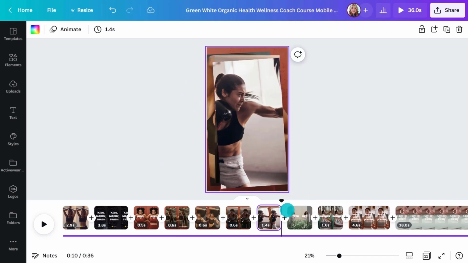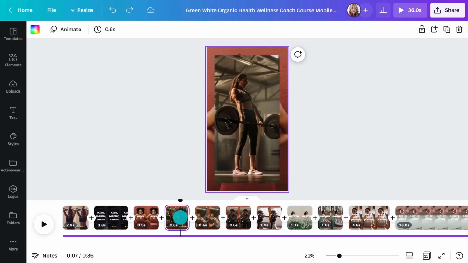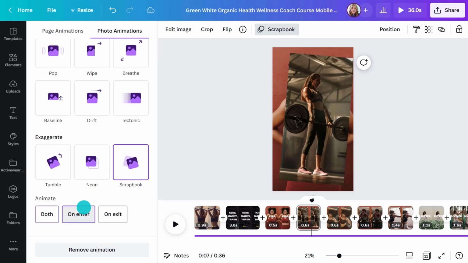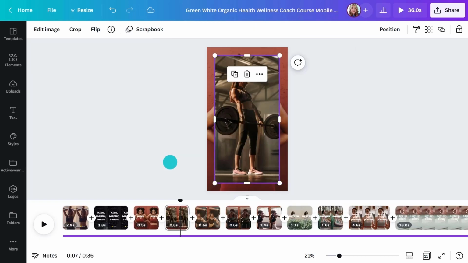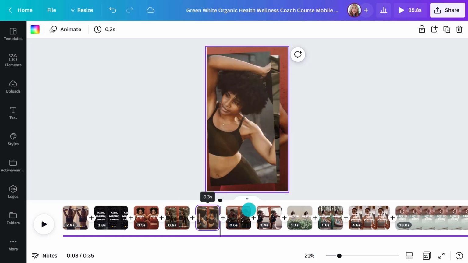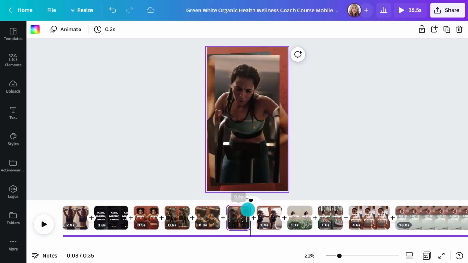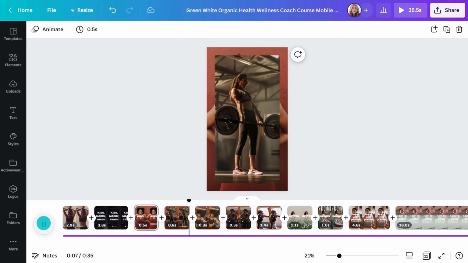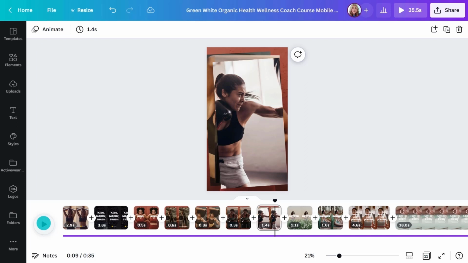And don't forget animation. For this first frame, I feel like something a bit different, like scrapbook. Now I'm going to adjust the timings of these 2 frames to be 0.3 seconds. And then if we play, we should see the effect. To kiss our activewear, of course. So then, once you kiss our activewear, you can marry our sustainable ocean practices, which will be the second part